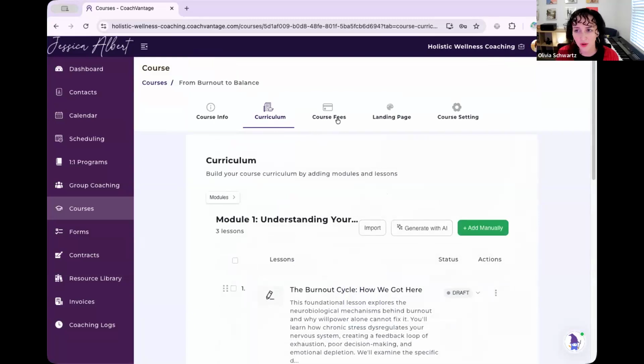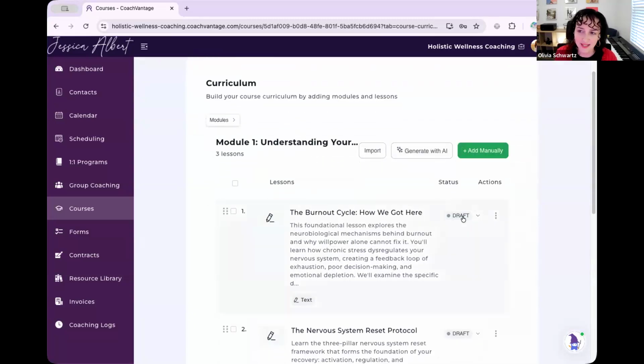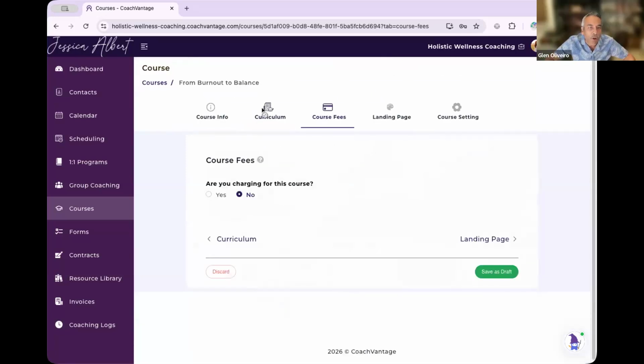Also, before moving on to course fees, I'll point out here that you'll be able to see the status of every lesson here. So you can see whether or not it's a drafted lesson or published lesson. And here, if you just go back to the curriculum,